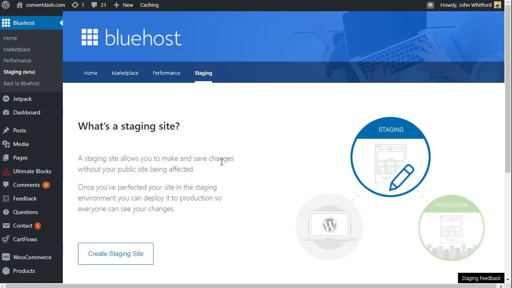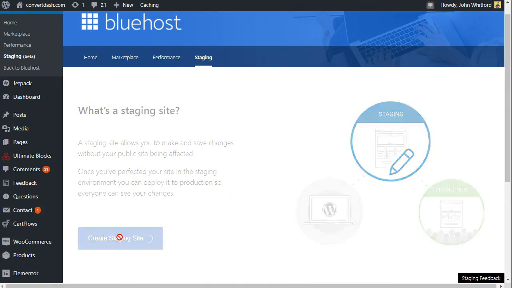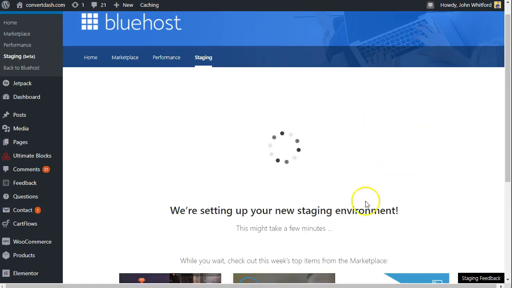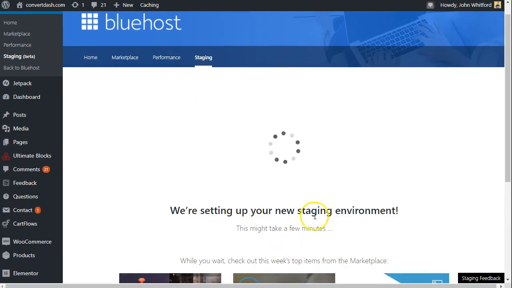It's easy, it allows you to make and save changes without your public site being affected. And the first thing you get to do is just click create a staging site. It's that easy. It'll take a minute because it is doing a lot of things behind the scenes, but it's telling you exactly what's going on. And good job for Bluehost. They're giving you some upsell opportunities down here, but just sit tight for a minute and your staging environment will